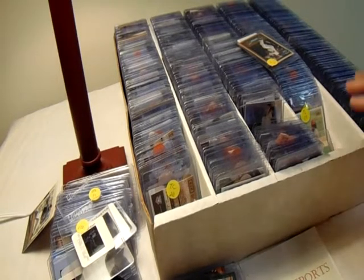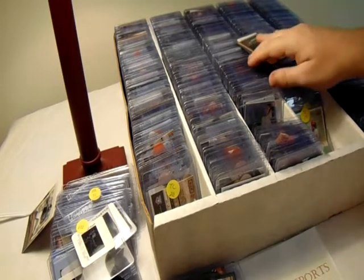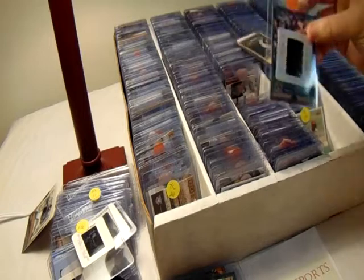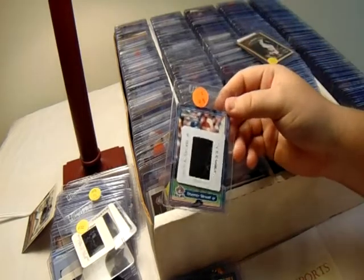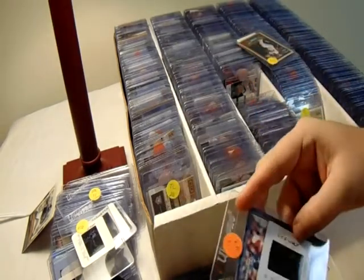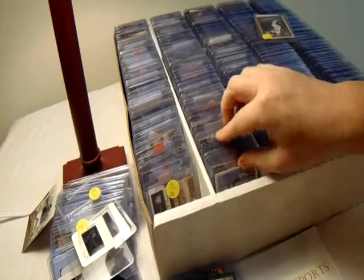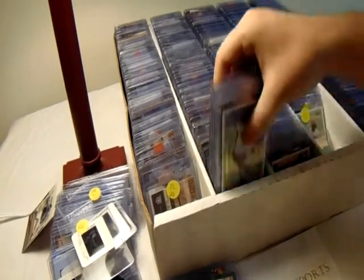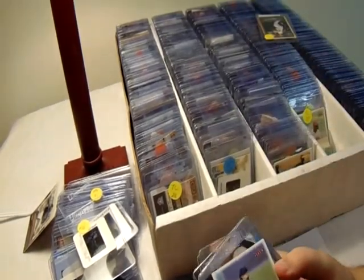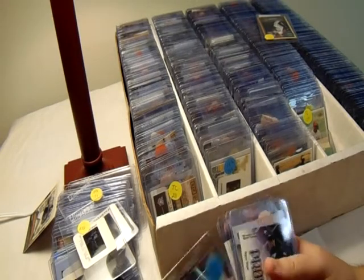My wife, of course, was not happy that I was walking out of the card show with a 5,000 count box, but I told her, I said, dear, there's nothing but growth potential with these slides. There's nothing but growth potential there. The crazy part about this, if I asked you for a quarter a piece on these, I would double what I paid for them. Mike Hampton, Greg Vaughn, Mike Hampton again,